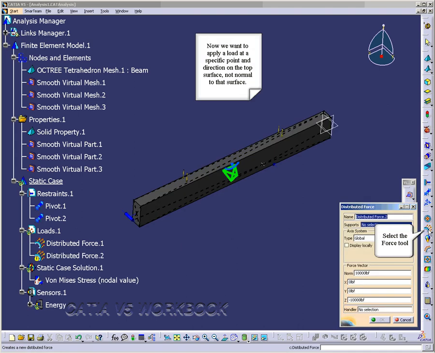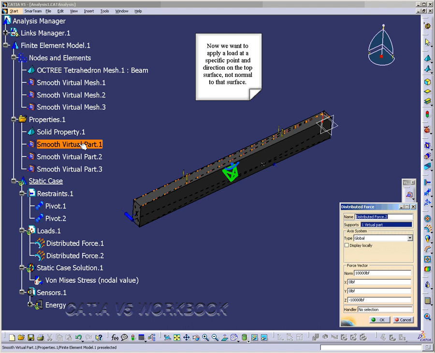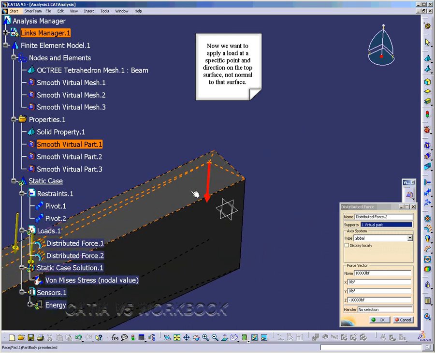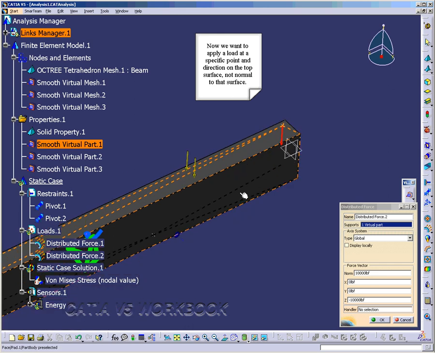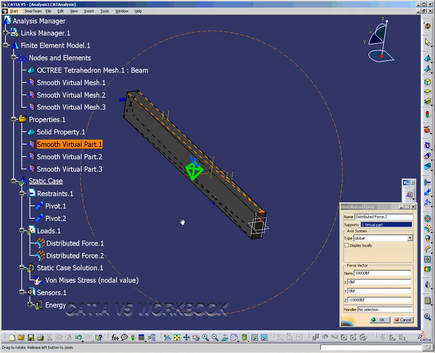Going to add a force, so go to the force tool, and I'm going to use the smooth virtual part.1 as the support, and notice it puts the symbol at that location, that point that we created. And that's why we created that point, was that we wanted to apply a force at a certain location rather